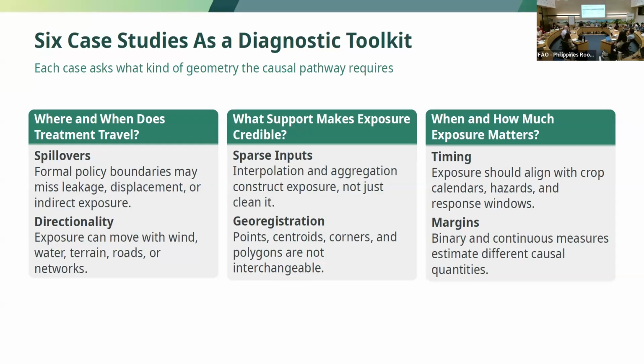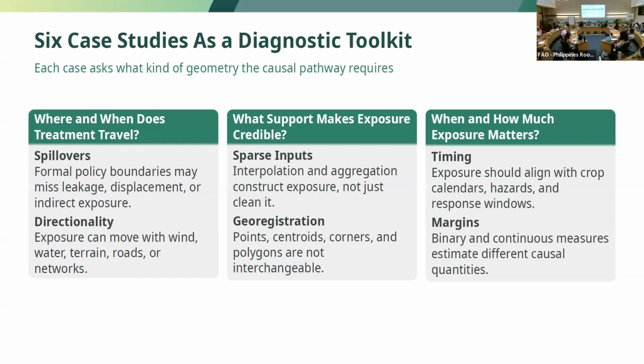So to illustrate this idea, we brought in all of our co-authors to generate case studies. They're usually about a page and a half. They all have the same structure, and they're all asking, what if I have a case where I have spillovers? How do I deal with that? What choices should I make? How do those choices affect my estimates? And then how would I stress test it? What sort of robustness checks should I do?